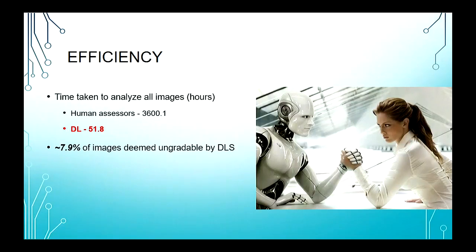Out of all of those images, about 8% were not gradable, which means low quality. So the images were too low quality to be assessed. Humans took an additional 123 hours to grade that 8%. So I believe that is where the role of the human will stay within optometry and ophthalmology and in other fields. Assessing situations that the computer cannot assess. More specialized cases. Because for the majority of cases, the artificial intelligence will be able to match the human performance.